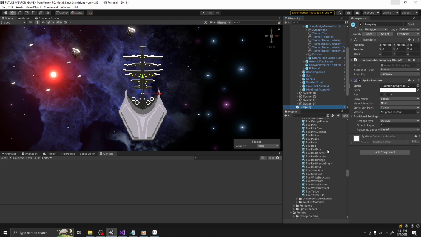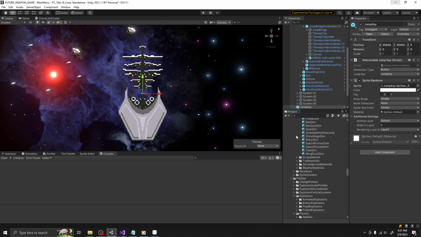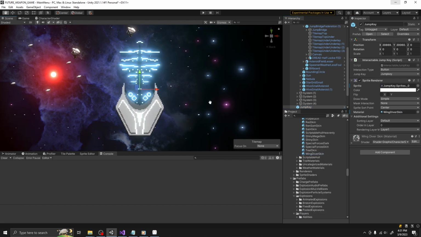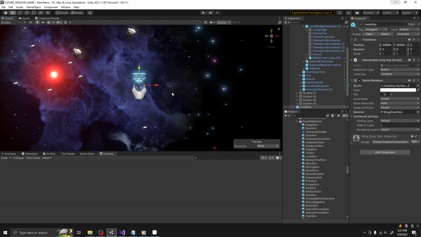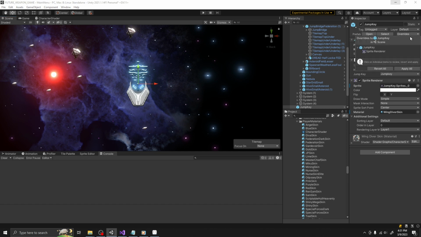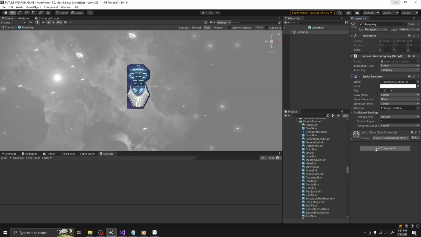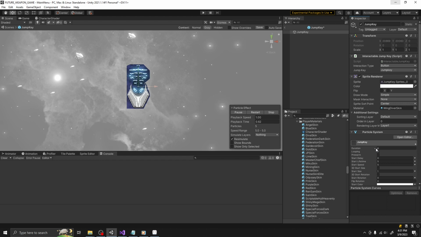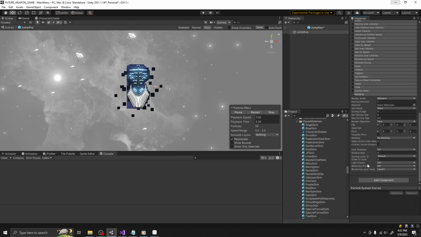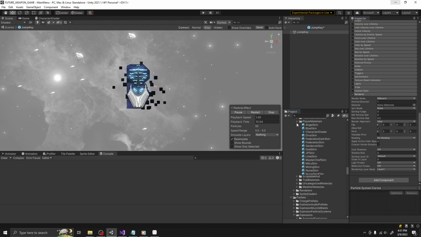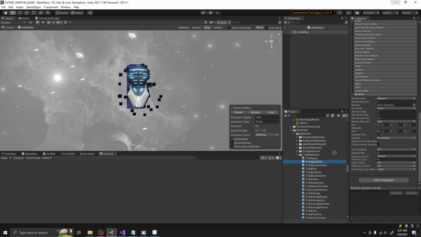So if we do like a default, player materials look the best. The wing diver skin. Ooh, that looks cool. If we want to make this even cooler, we're going to add a particle system. Yes, I love these nothing squares with no materials. All right, so these nothing squares can get a trail material. Like,